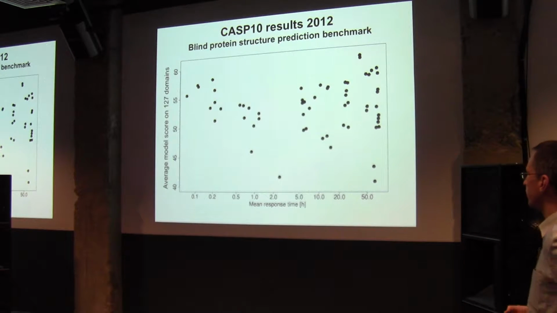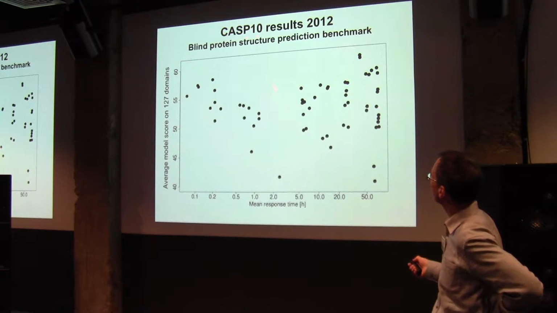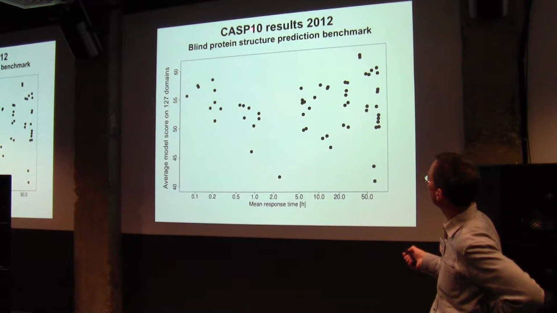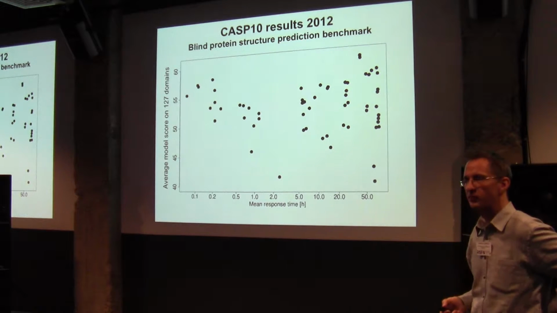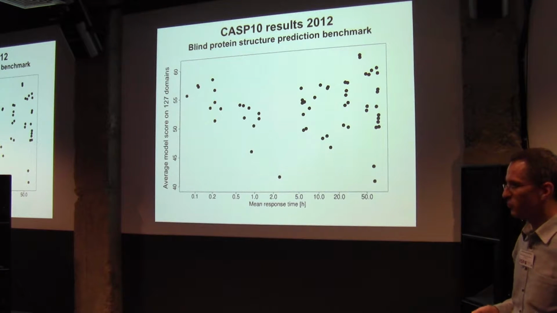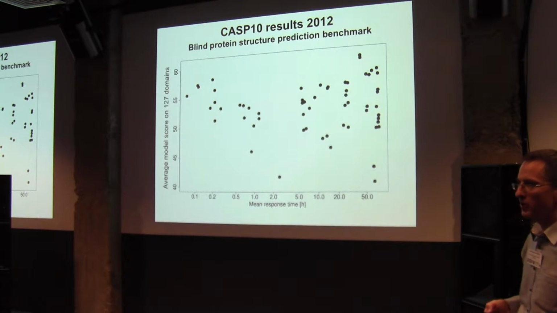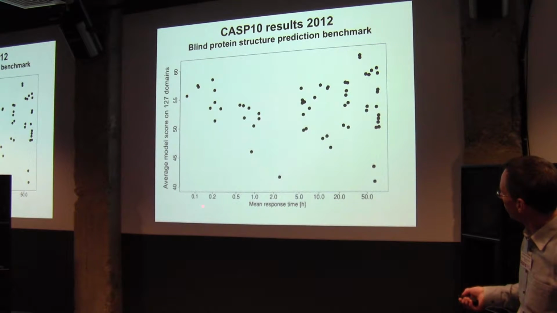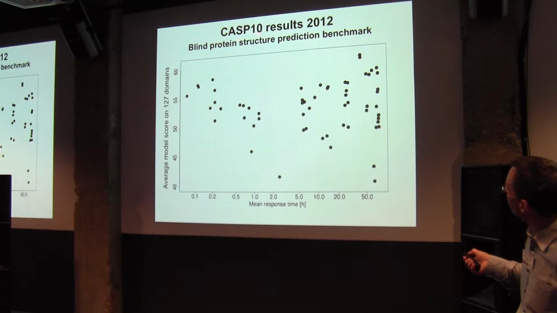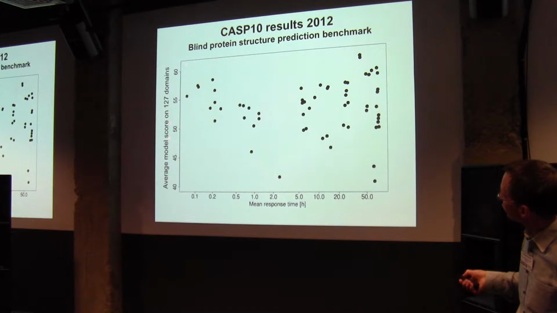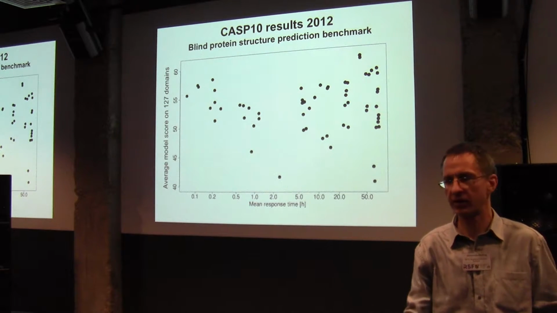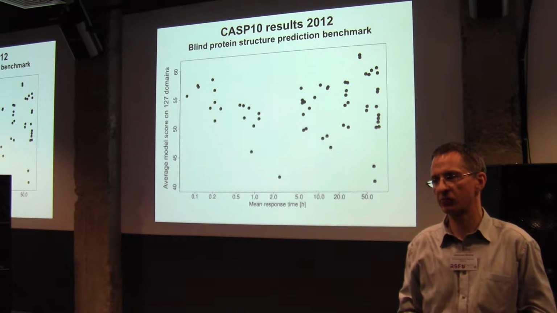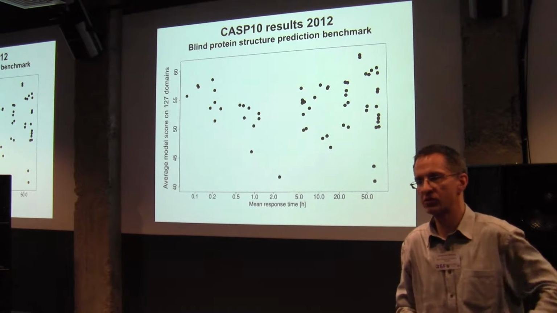Yeah, just to make a little advertisement. The last time I did this analysis was CASP-10, which is already, I think, almost 4 years ago. We're participating every time in CASP. It gets a bit more difficult for us every time because now everybody uses our software. This is the mean response time of the servers in CASP-10, and this is the average model score that the server submitted. So the servers get sequences, but they're not told anything else.